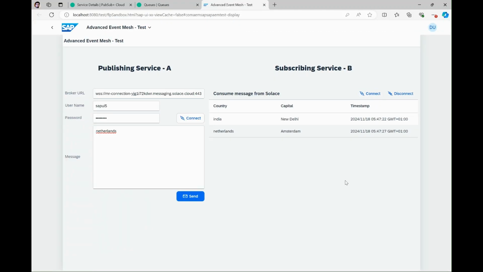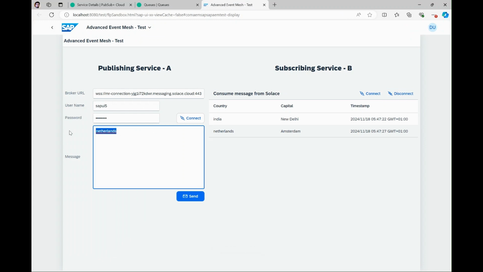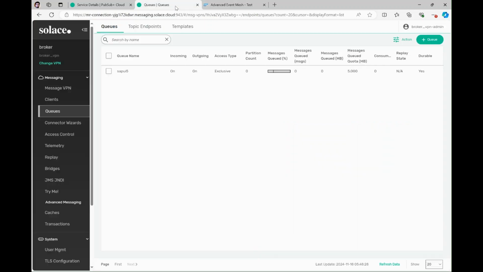Now let us mimic a situation where the receiver system is down. So we will disconnect from the message broker. So there are no consumers as of now, right? Now the publishing application can keep on publishing to the queue. So let's put some more countries, maybe two more, and one more. All right. So now as you can see, there are four messages queued in the system,